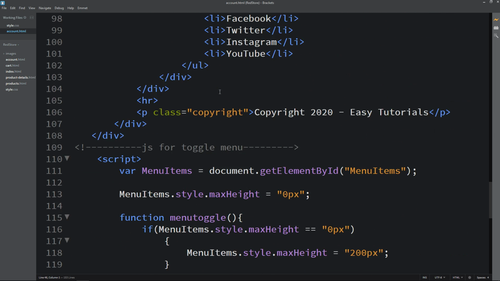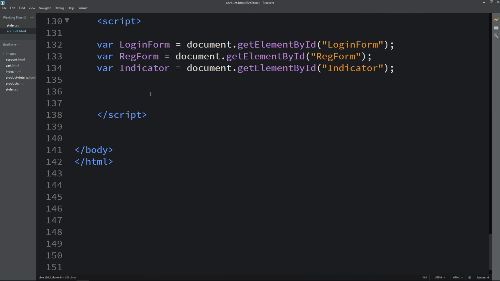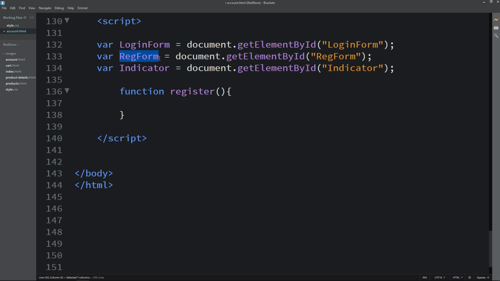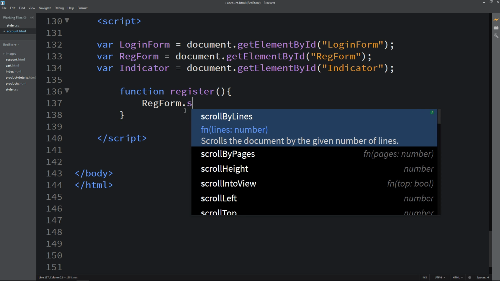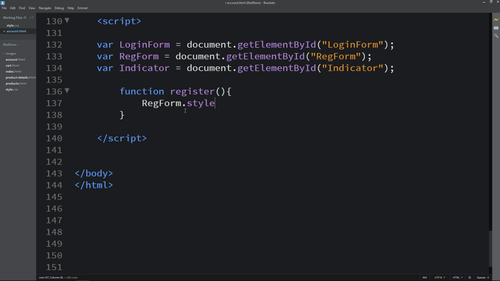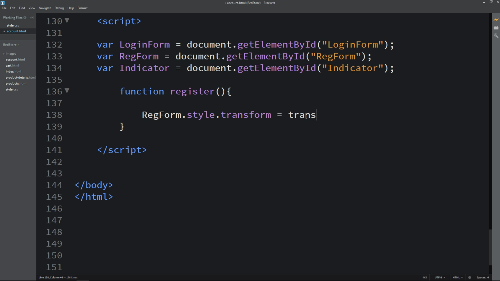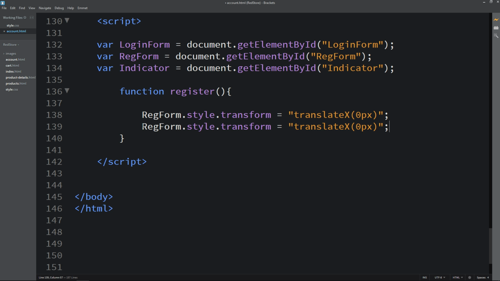So let's come back, and here we will create this function. So I'm writing function and register. So when the register form will be executed, here we will write regform.style.transform equal to translate x 0 pixel. Let's duplicate it and we will change it to login form.